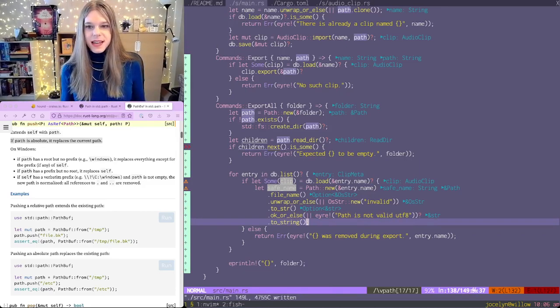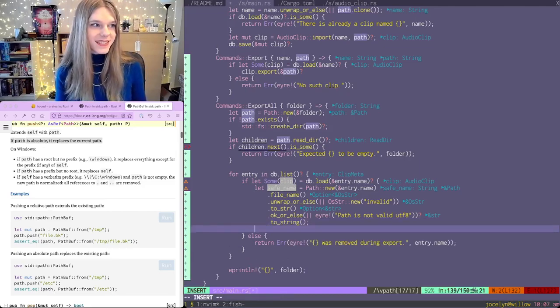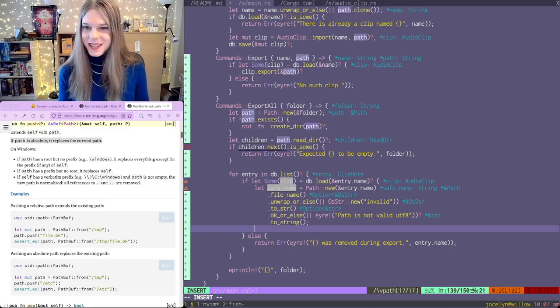So we need to also handle that case. We're going to do that by prefixing the entire path with the ID. So to do that, we're going to say export path is equal to